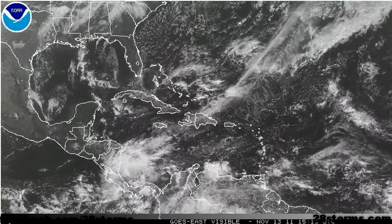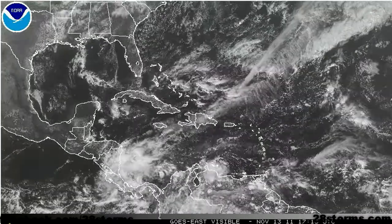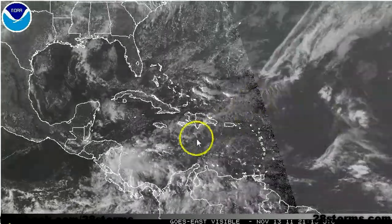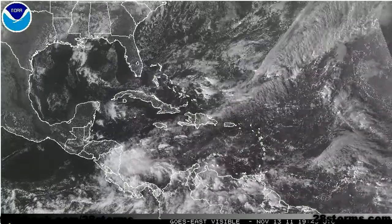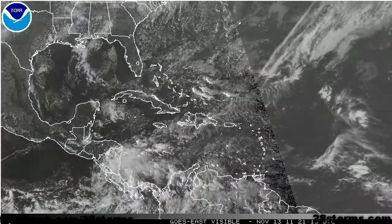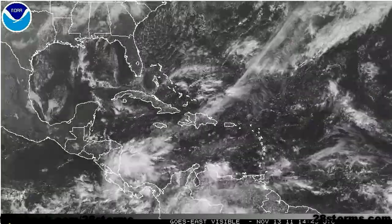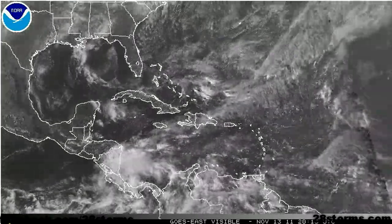The good news is that there really isn't all that much to talk about in the tropics this afternoon. We do see the stalled out frontal boundary over much of the western Atlantic, and there is some convection associated with it, but nothing is really organized because of the horrendous amount of wind shear over much of the basin. If there is any place that is even remotely conducive, it's over the extreme southwest Caribbean and into the far